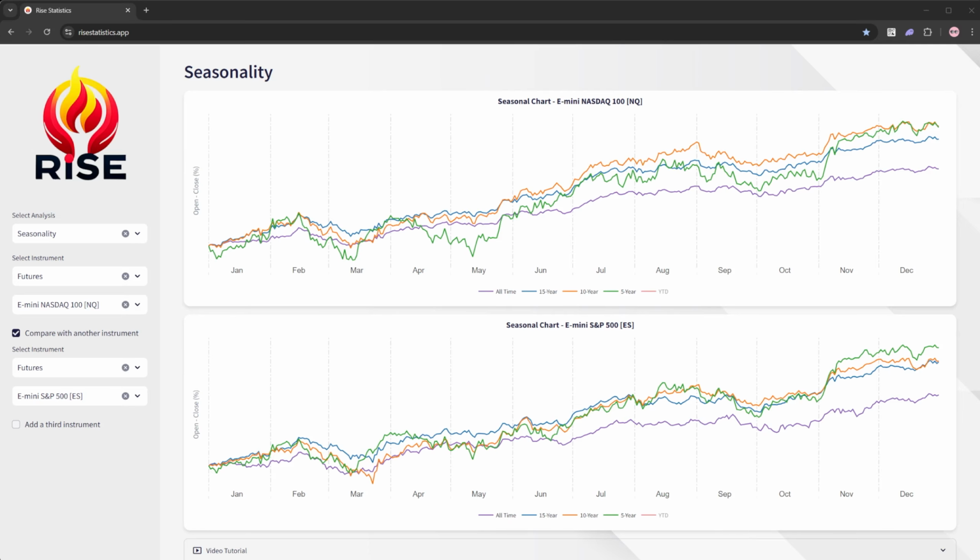Let me share my screen here, and we have some big news today. Just trying to put it out everywhere, so sorry if you guys are getting spammed by this new indicator launch, but it's been a long time coming. Definitely a very complex tool, so I'm very happy to be bringing it out to you guys, the Rice Statistics people, and also to the community. You guys are going to see it on my charts, on my analysis. So even if you are not a Rice Statistics member, you will be able to see a bunch of showcases of that tool. So very happy about that.